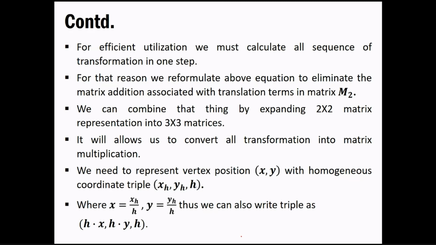Similarly, if you want to take the value of x, you have to put it in this form, that is the xh value. If you are putting it in that coordinate value or pixel value, you just have to multiply the homogeneous coordinate with the x value. Suppose the homogeneous coordinate value is 1, then you have to multiply that value with the pixel value or the coordinate value. So suppose your coordinate value is 5 and your homogeneous value is 1, then you multiply it with that particular thing.